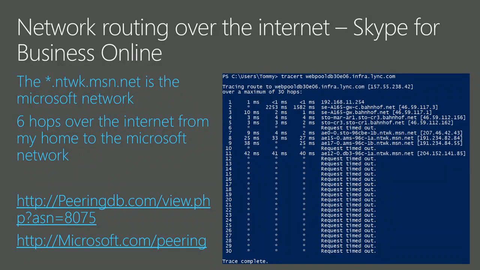But if I'm home and I'm doing a traceroute to the edge server that I connect to, or actually this is the web pool in this picture, it's like 7 hops, right? So 6 hops until I reach the Microsoft network. So I barely touch the internet. It's only my own ISP, and then I'm directly connected into the Microsoft network and then going through their internal network over to the servers. And if I do the same thing from over here,